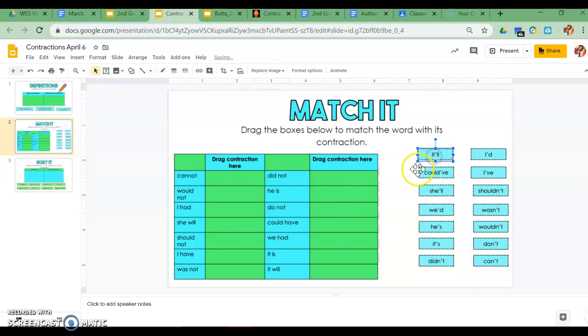So we'll go ahead and do this one together. This is it'll. We're going to look through here, and if we use it'll in a sentence, we could also replace it with the 2 words it will. So if I used it will and it'll in a sentence, it's interchangeable. Both will work. I always say if you're unsure, use the word in a sentence. And if it doesn't make sense, then it's probably not right. After you've dragged and matched all of the contractions with the 2 words,